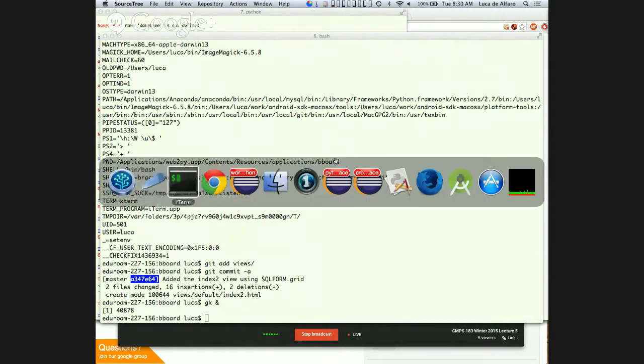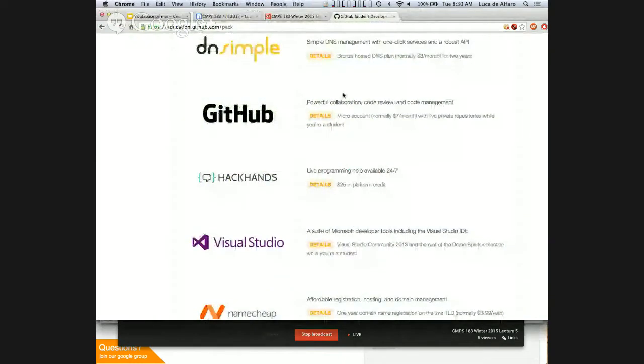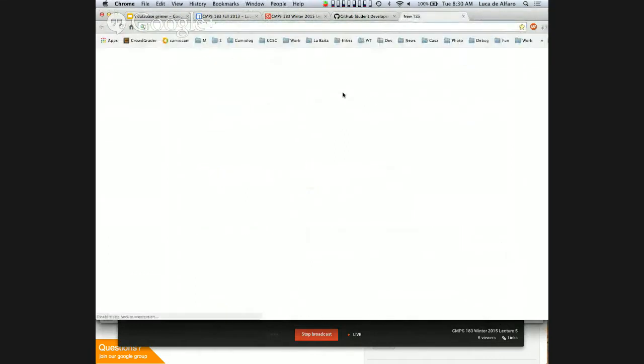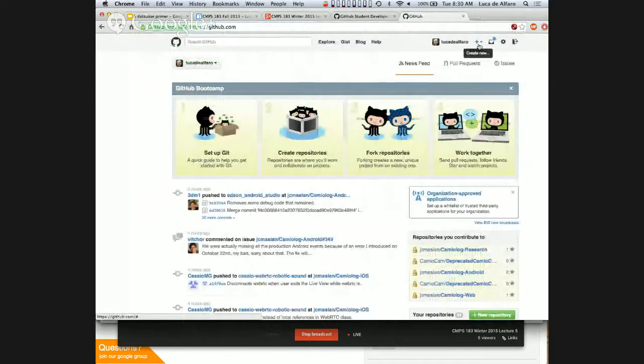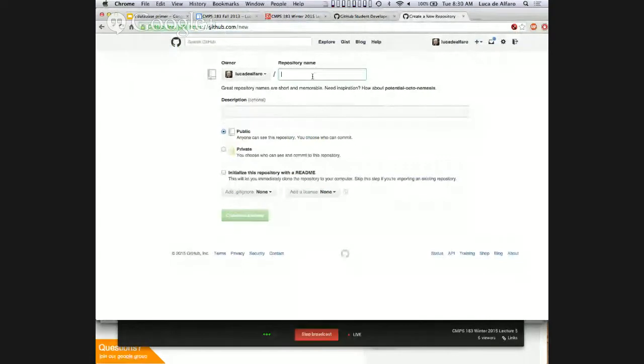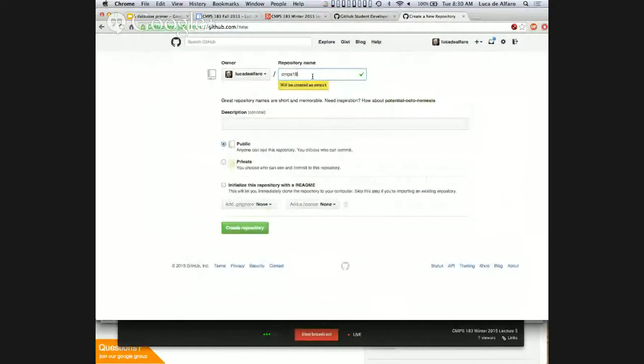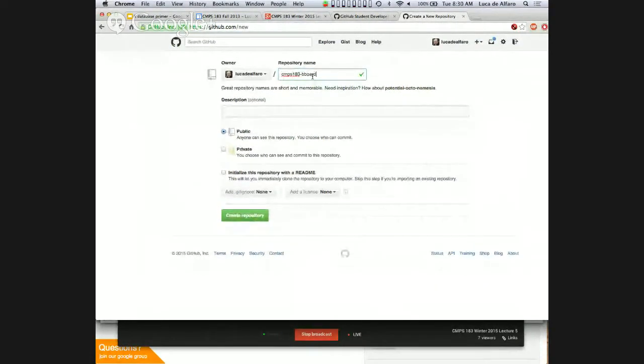Now, let me go to GitHub and create a repository for this code I'm writing. So I go to my GitHub account, and I create a new repository, CMPS 183 bboard, which will be under my account, it will be public, and I just create the repository.